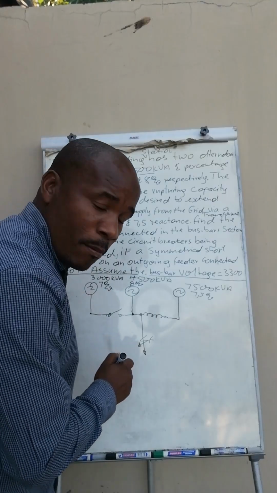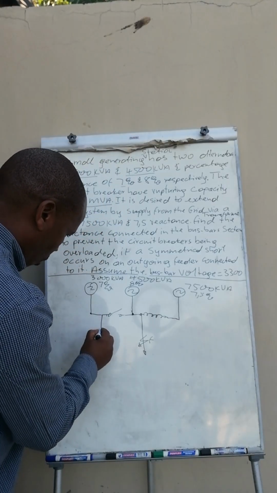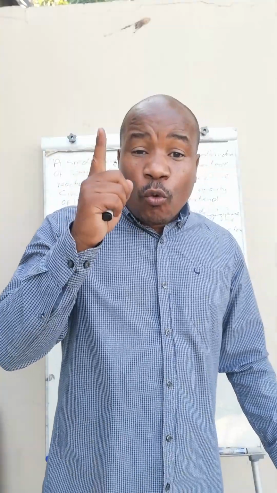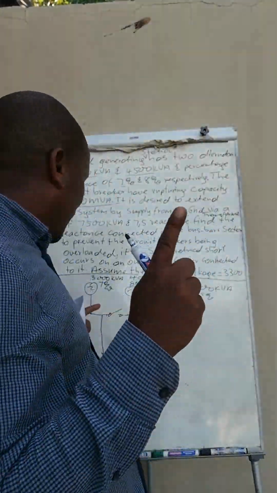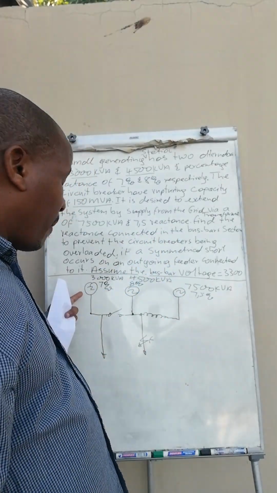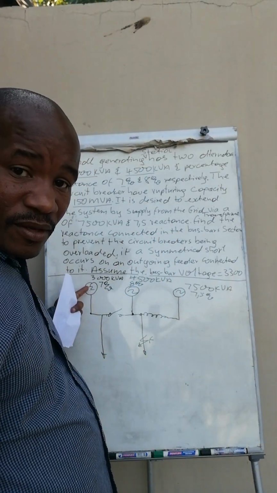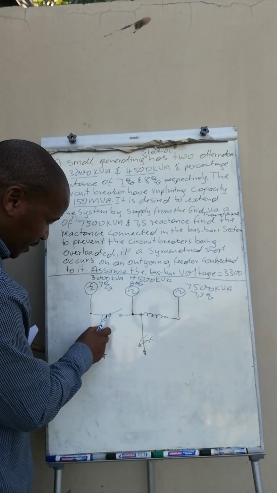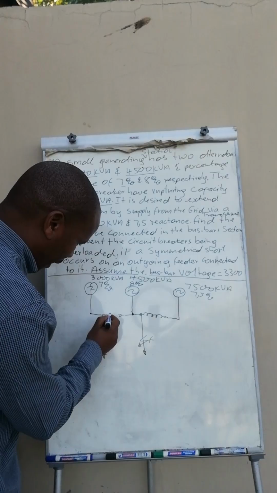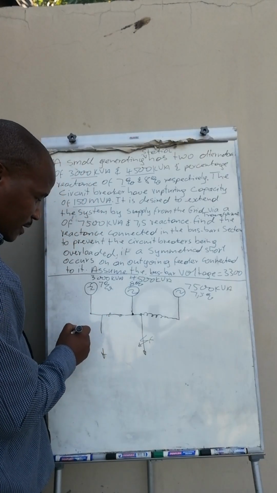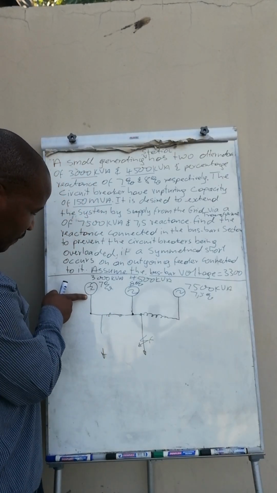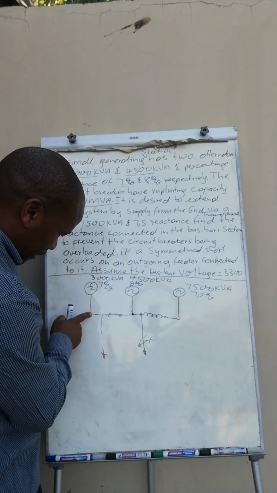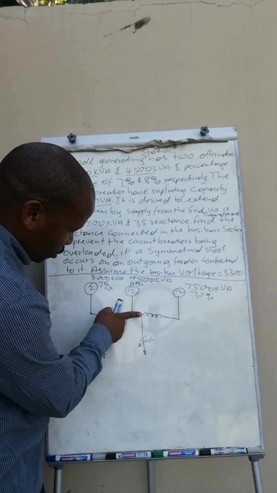It is kept open such that this one can only supply this line. Only one line is supplied by one generator. And then if there is a fault here, this bus bar section at the mine, they close it, and then if everything is still fine here, this alternator generator can continue and supply